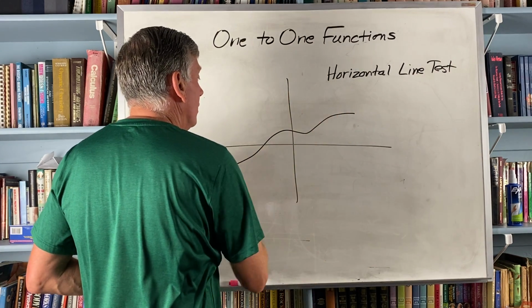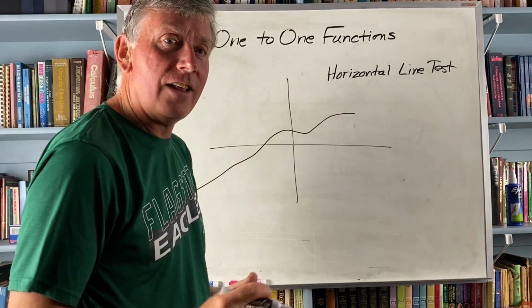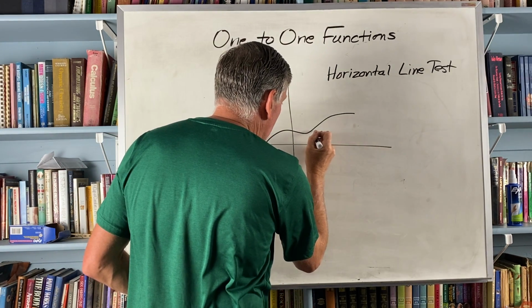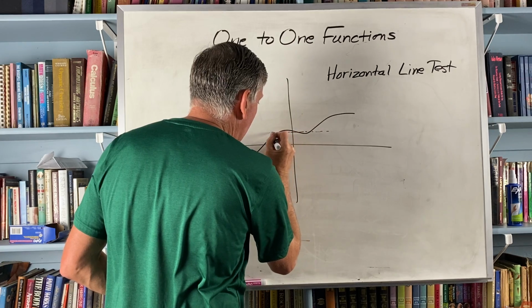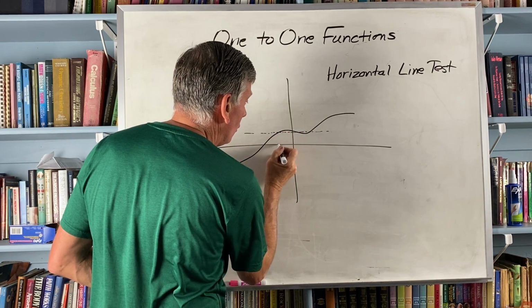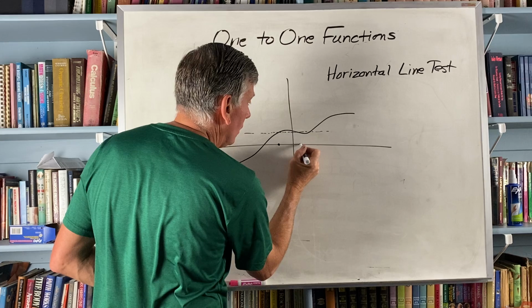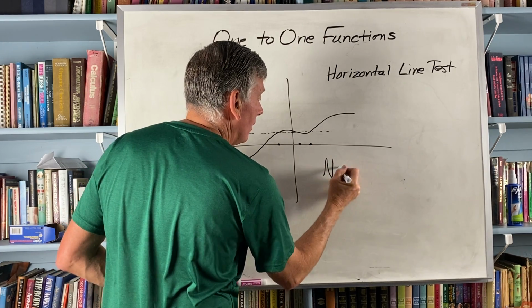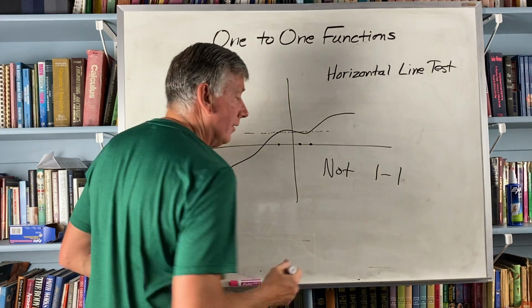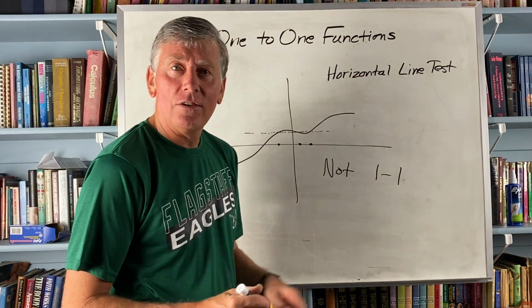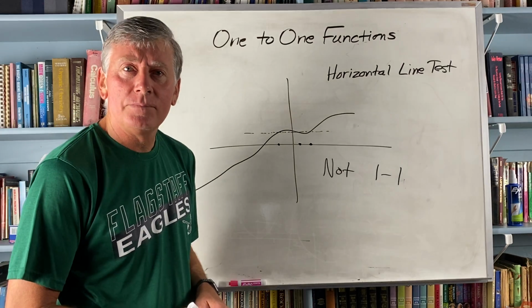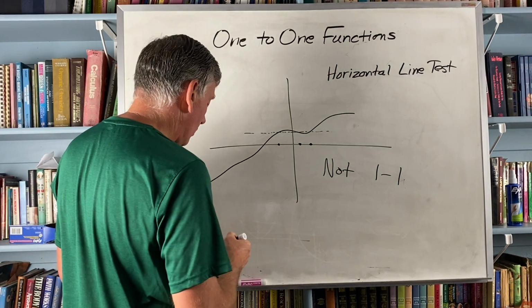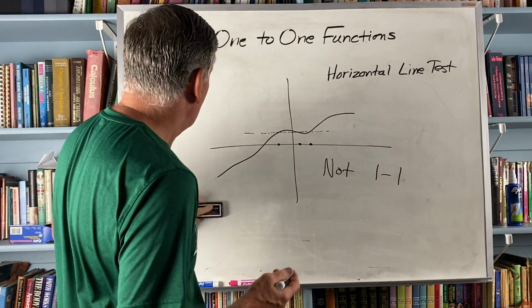So here's the function, and where I drew it kind of sloppily, but if you notice right here, I can have a y value going to a couple of different x values. This is not one-to-one. I do that for short, one-to-one. And like the parabola that I drew,